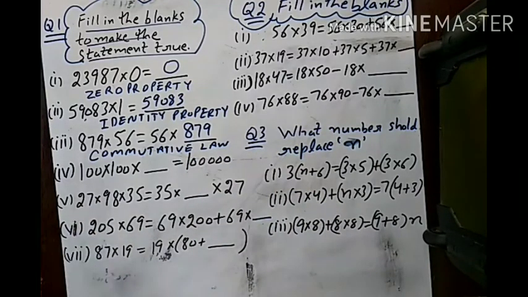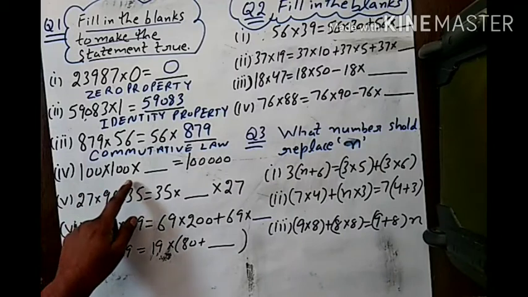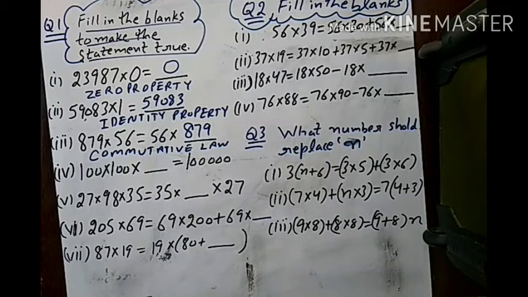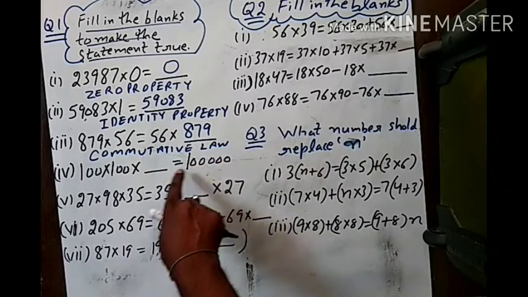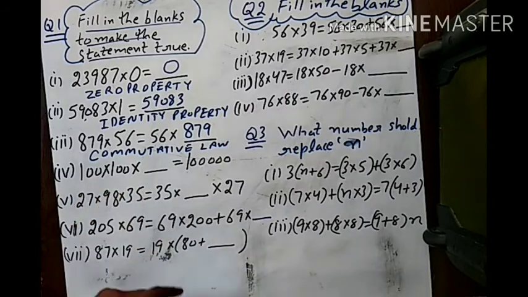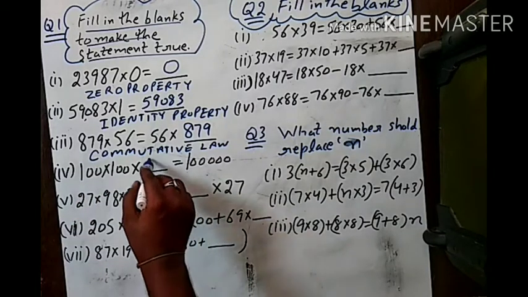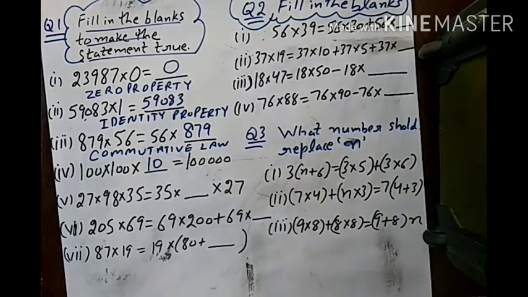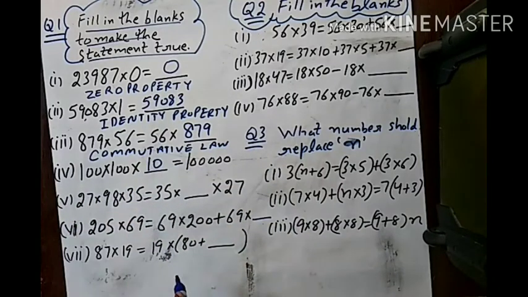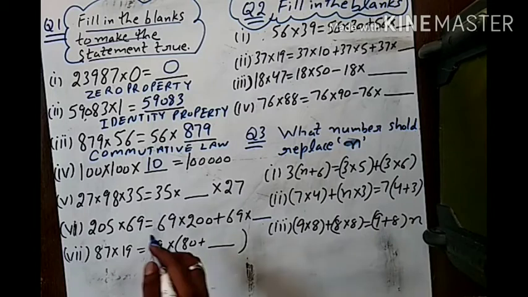Now here you will see 100 multiplied by 100 multiplied by a blank, the result is 1 lakh. In 1 lakh, how many zeros are there? 1, 2, 3, 4, 5. And how many zeros are there on the left? Only 2 and 2, 4. So we require one more zero, and so we will multiply this by 10. It will justify the answer and equalize both the left hand and the right hand sides.